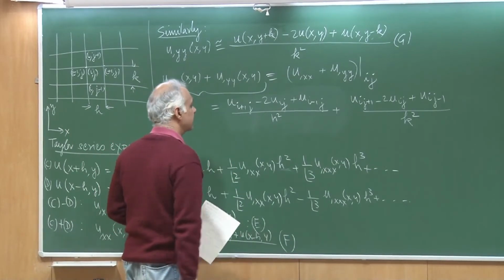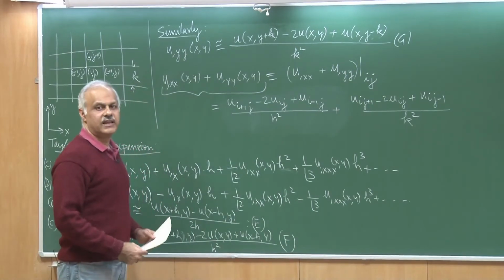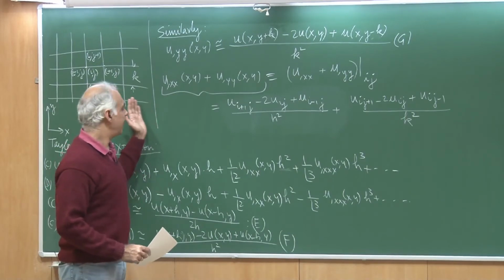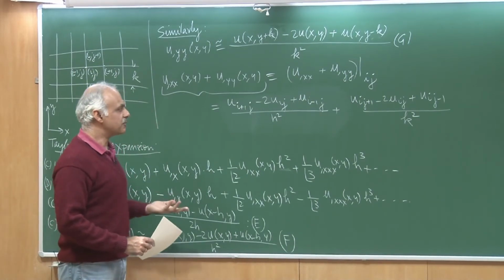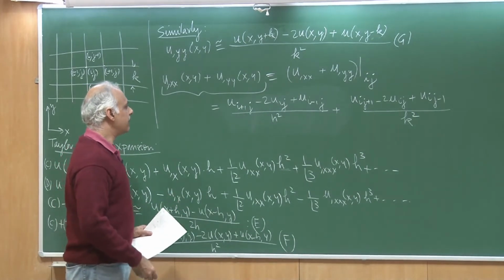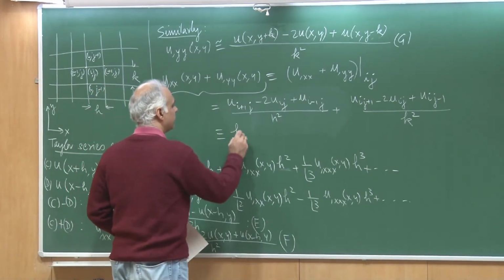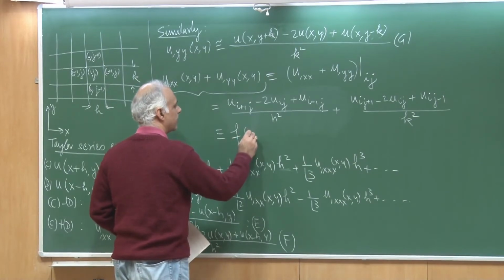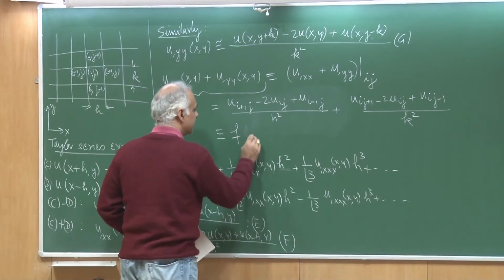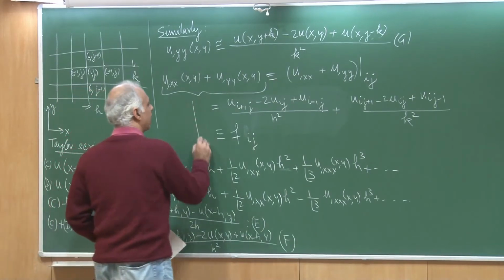What I can now do is, I can also choose h square and k square to be identical. So, that is up to me. If I want to simplify it further, I can say, well, my grid spacing along x and y direction are same, but that is purely my choice. In any case, if you remember, this from my differential equation was supposed to be f of a quantity at this i j. So, maybe I simply write this as f i j. Okay. So, this now is my stencil.